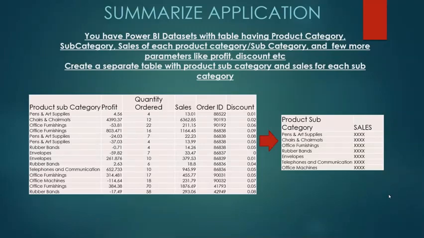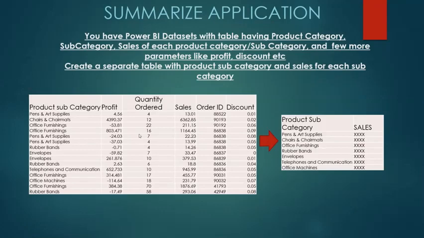You will be asked to create another table from the main table. So the question is like, you have a Power BI dataset with a table having product category, subcategory. You have sales of each product category or subcategory, and a few more attributes or parameters like profit, discount, etc. You can see here, this is your main table. This is the dataset, and you have been asked to create another table